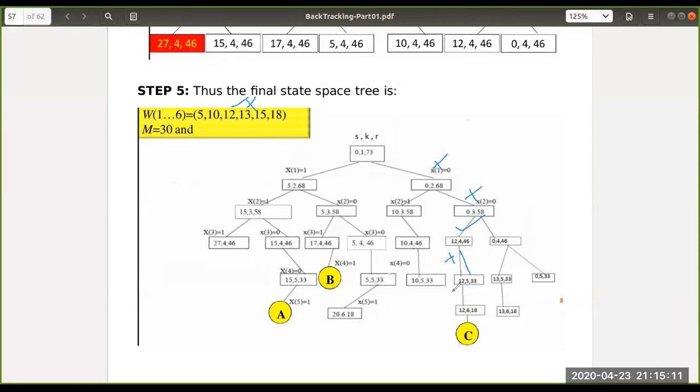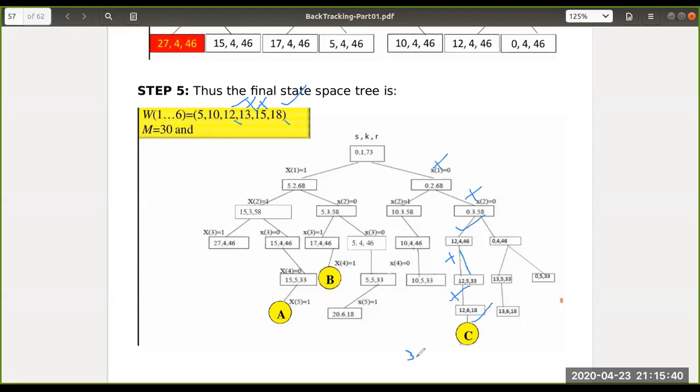And also not including the weight of the fifth item, that is 1, 2, 3, 4, 5, fifth item also. And finally including the weight of the sixth item. So C will be the fifth after including the sixth item. So 12 plus 18, it will be 30. Yes, so C will be